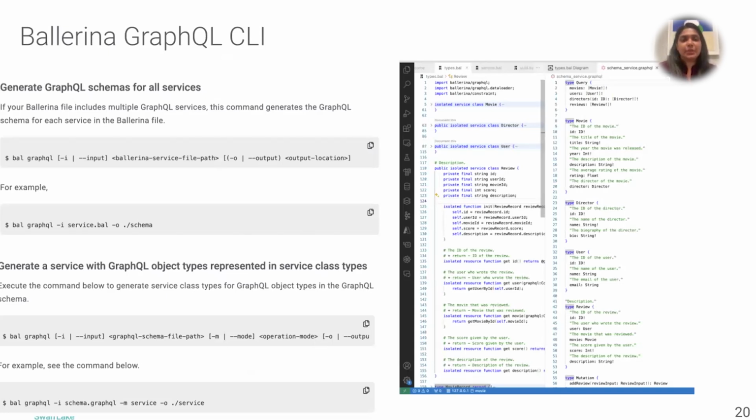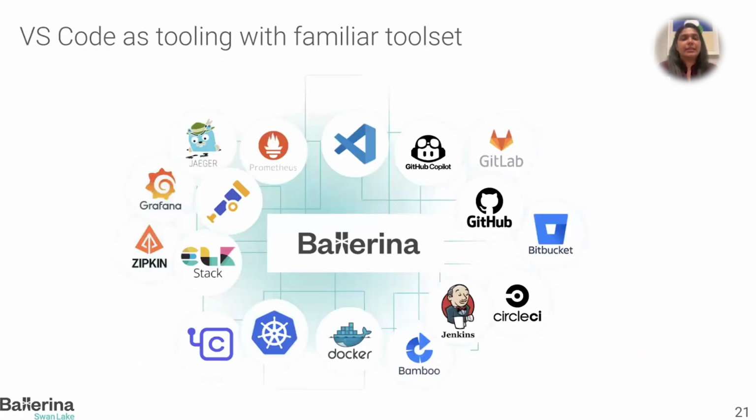I will use my code view to visualize it and show you some real examples of how it's happening. Before that, Ballerina, since I mentioned it as a programming language, it works with the familiar toolset, VS Code as a primary